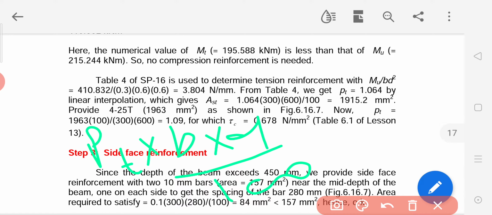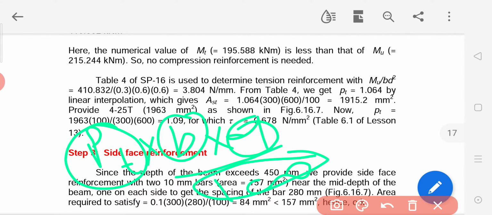So we put the value of PT, which is 1.064, B 300, D 600, divided by 100. So we get the value of AST, which is 1915.2 mm square. So we provide 4 bars of 25 mm diameter, and